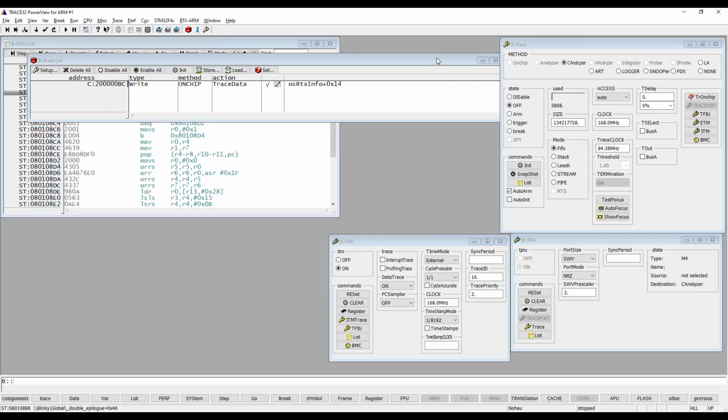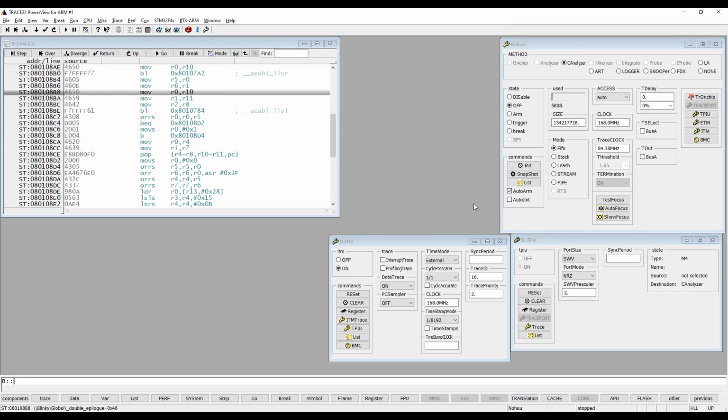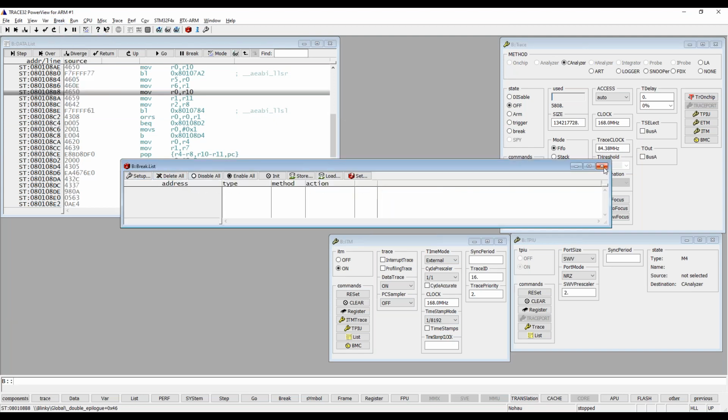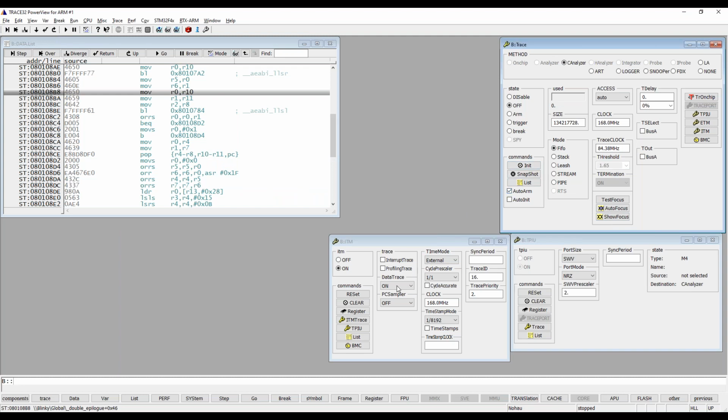So that was a little bit short what you can do when it comes to data trace. So let's disable this one or delete this one and go to the next topic when it comes to zero wire tracing, because you also have something called a PC sampler. And I'm going to enable this one. So the PC sampler is that you instruct the DWT that each, in this case, every 128 clock cycle, it will output the address that the CPU is executing on. And if we do this,